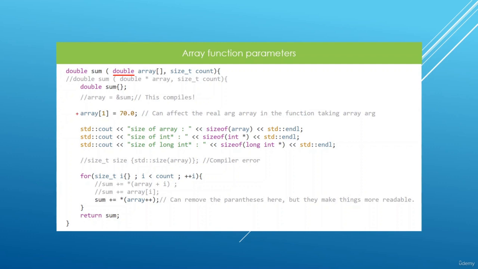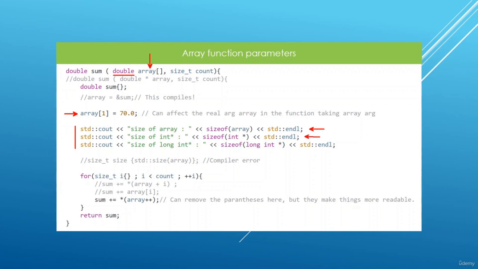Down here, you see that we can modify the data in the array. We can do this because this is not an array of const double. And down here, I want to drive the point home that once you pass an array as a parameter like this, the array variable name is going to decay into a pointer. So down here, if we try and print the size of the array, we're going to get the size of the pointer printed out. Because the guy on the top here is no longer a full array, it has decayed into a pointer. So if we print the size, we're going to get the size of a pointer,